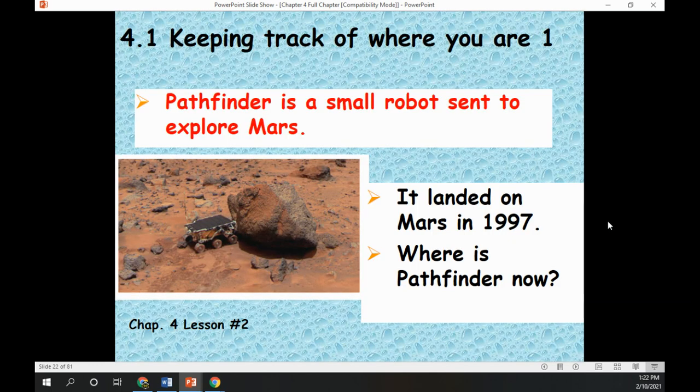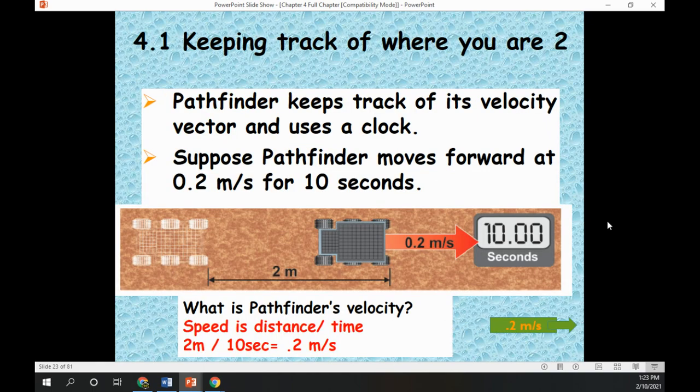We use this information. An example here, you've got Pathfinder, a small robot sent to Mars, lots of long years before you were even born. And we have to understand vectors because it was a remote control, and you have to be able to move it in all 3 dimensions and not just 1 dimension. So Pathfinder keeps track of its velocity by using a clock. Suppose Pathfinder moves forward at 0.2 meters per second for 10 seconds. So it's going to move from an origin to 2 meters ahead for 10 seconds. Okay? And if it does that